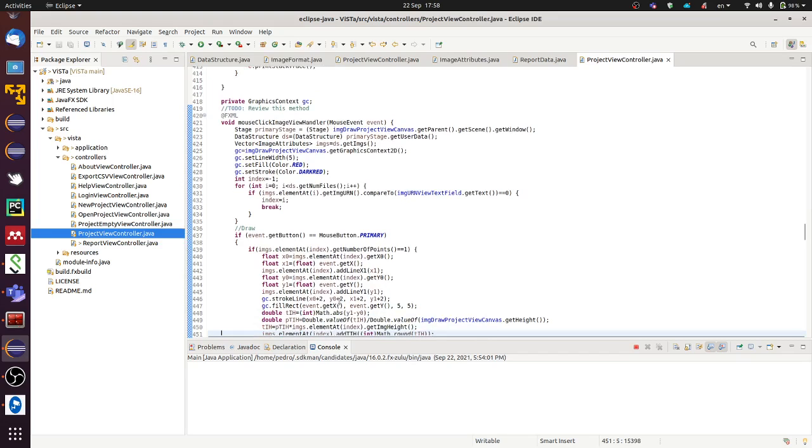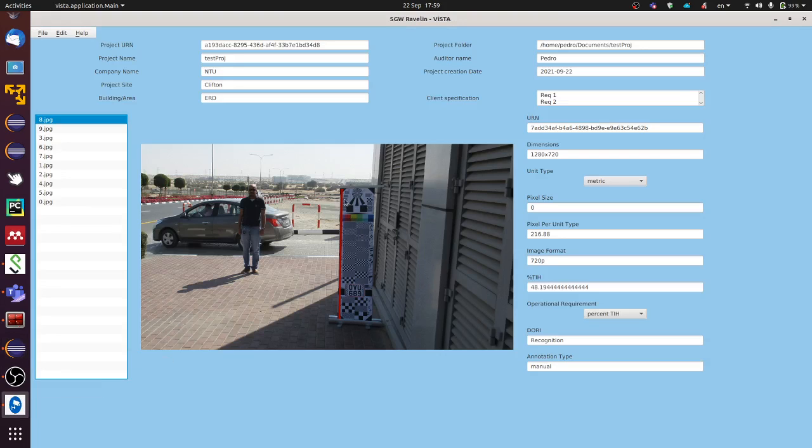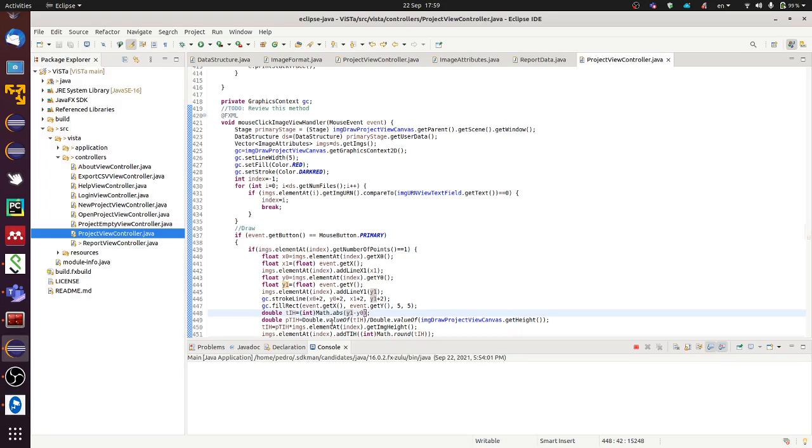As I said before, we draw the lines, and then we subtract y1 by y0. So for example, if this is my y1 and this is my y0, I subtract those two values to get the length of the line. And this gives me the TIH. Now, to compute the PTIH,